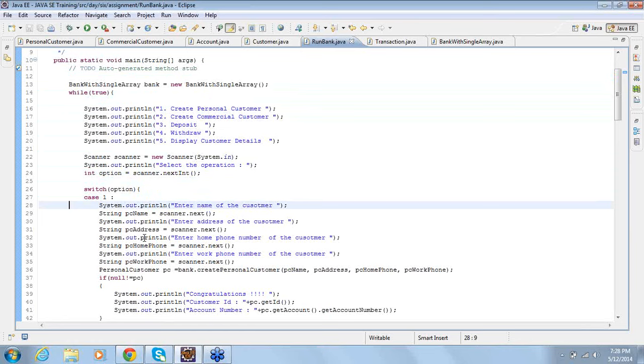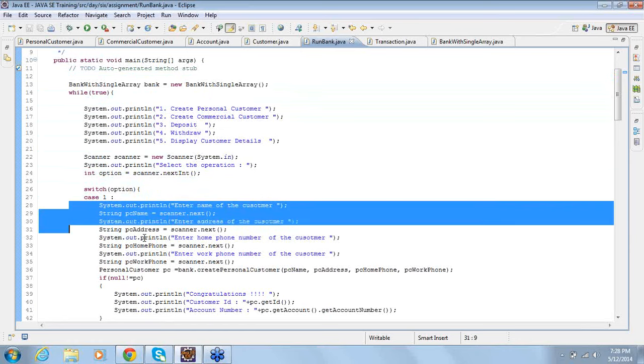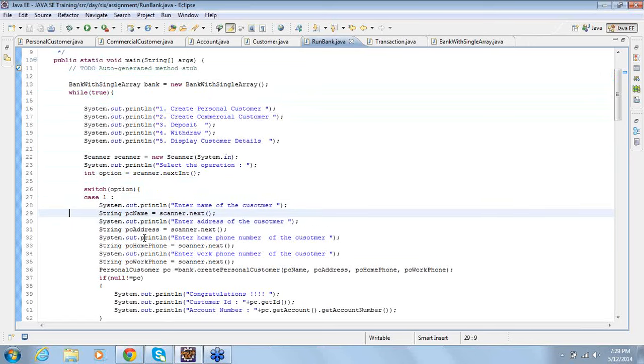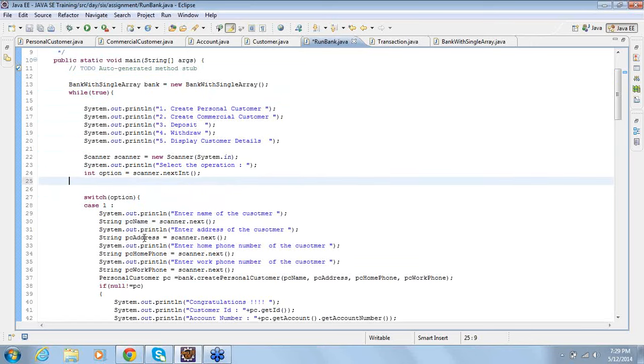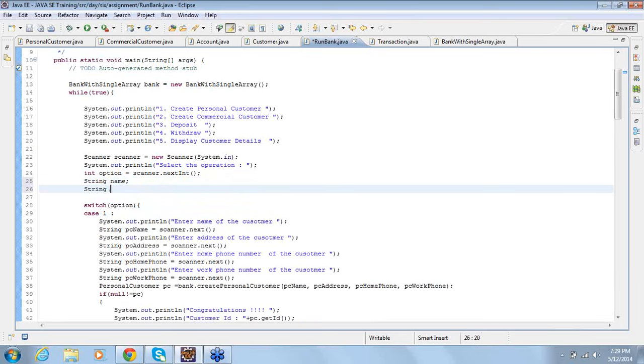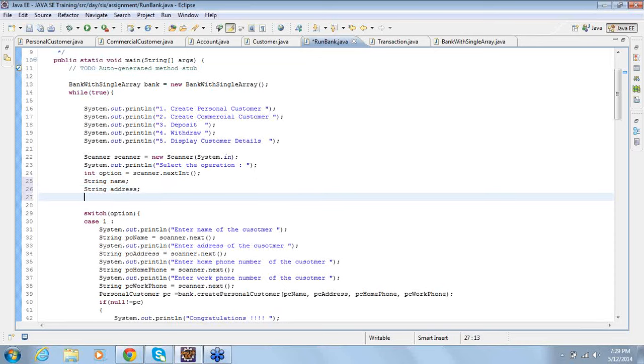Now, when it comes to these variables, I'm declaring them every time I write them. But instead, what I can do is, inside the loop only, declare them commonly here. This is what you were asking for, right? Yeah, when I made the programs, I wrote them before the while loop started.